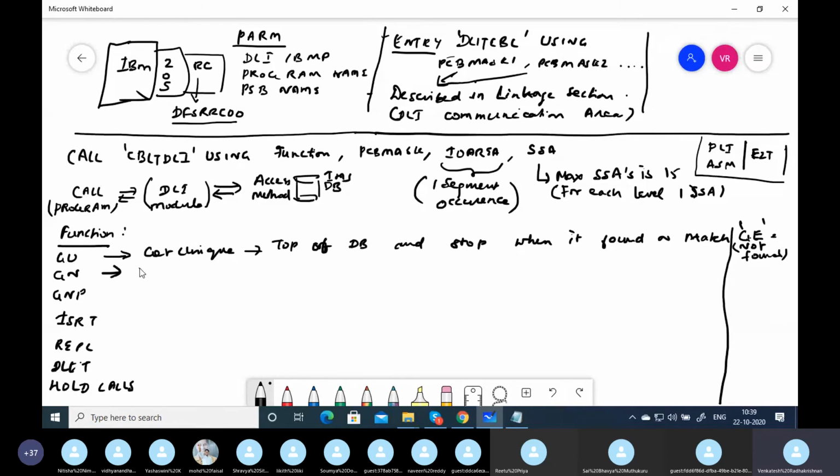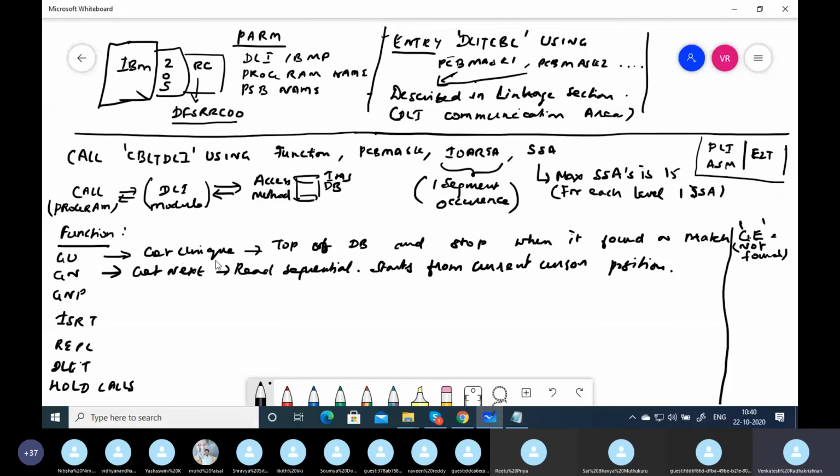Okay, now let's see GN. GN is nothing but get next. It's a read sequential. It starts from the current cursor position. A GN can be given without SSA.